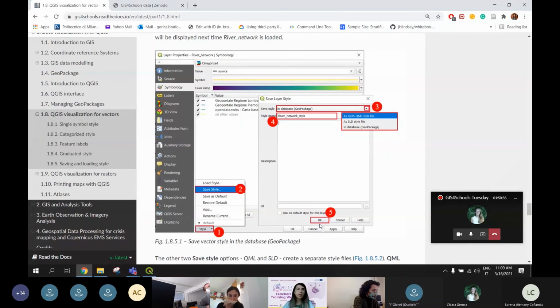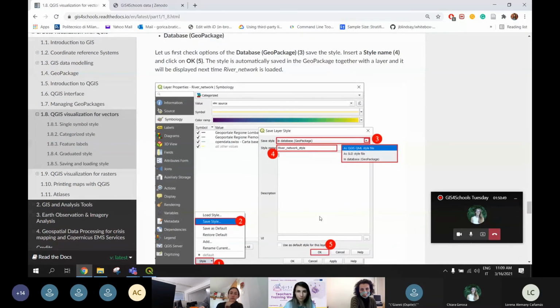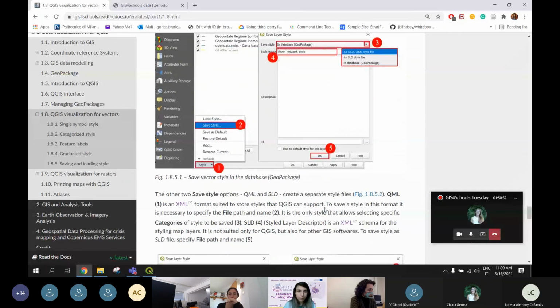So if we take now the GeoPackage that we have, in which we saved this style, and we provide it to somebody else, we just send it as a file, he will have the style that we saved in this way. On the opposite,